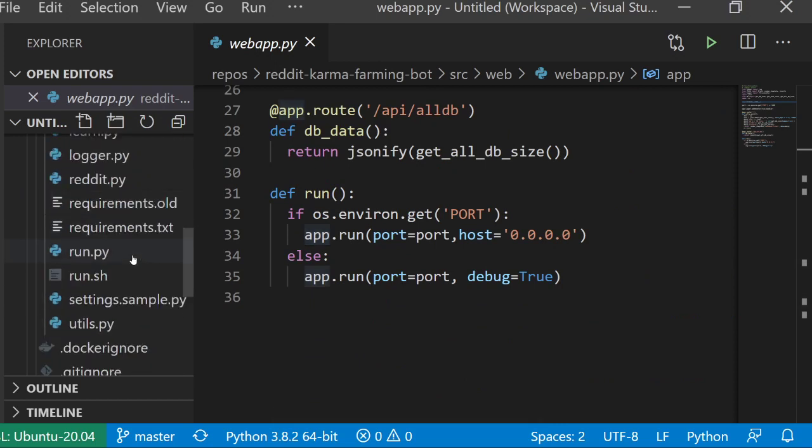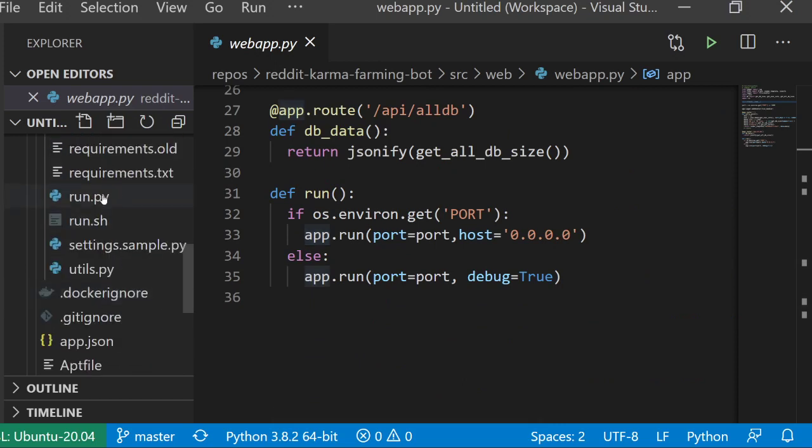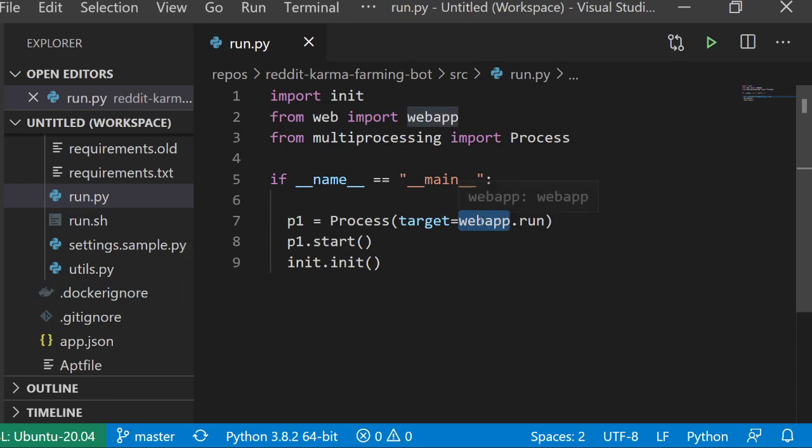So if we close that and we go back to run.py over here, we'll see that we're literally just running that function, and that function starts a Flask web server. It's the development web server. You're not supposed to use it, but since no more than one person is typically going to be looking at the Reddit bot output, it's fine for this kind of purpose. So it starts that web app in the background, and then we move on